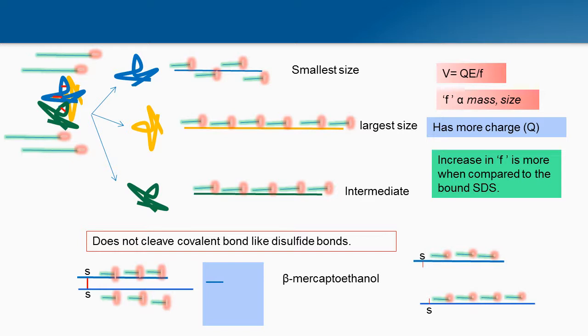So this is the difference. If you are using only SDS, and if some disulfide bonds are there in your protein, you will not be able to see all the polypeptides involved in it. So you have to use beta mercaptoethanol in order to see if there are any disulfide linkages. They will get broken down by this mercaptoethanol, and you will get two polypeptides, or whatever polypeptides are there in your protein, if some disulfide bonds are there.